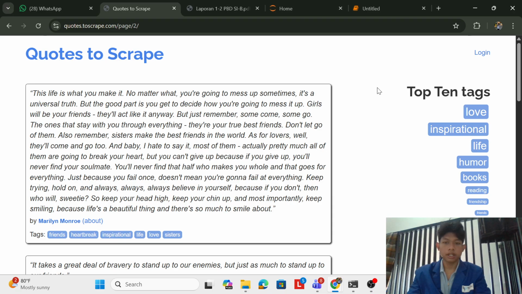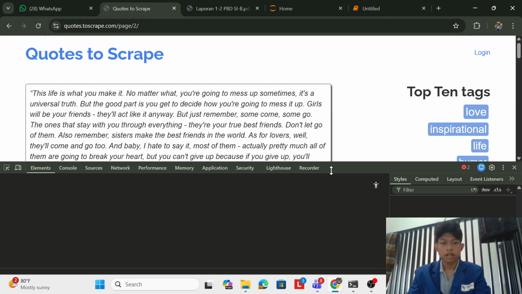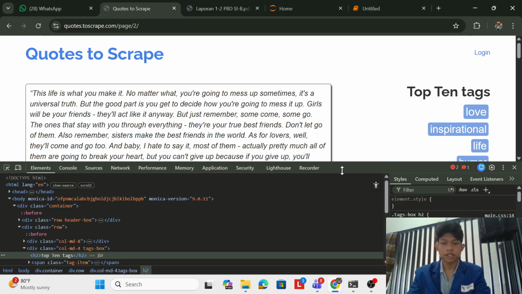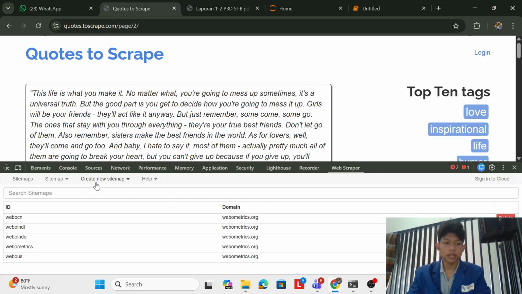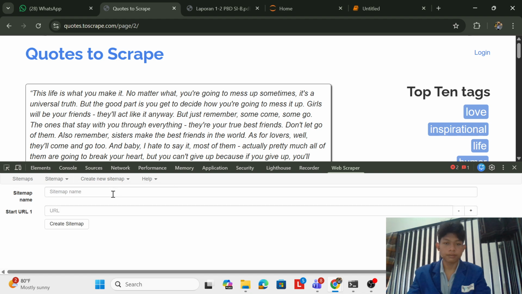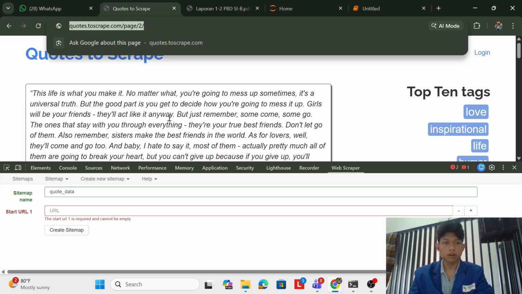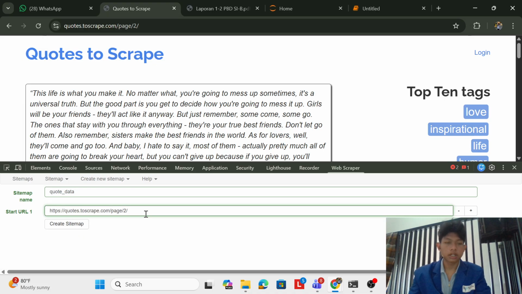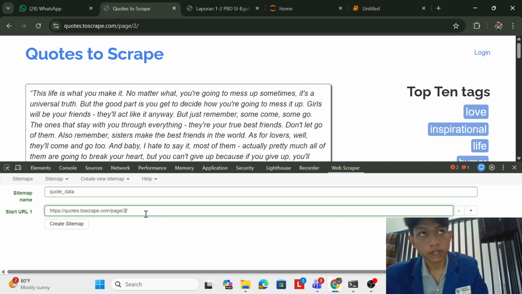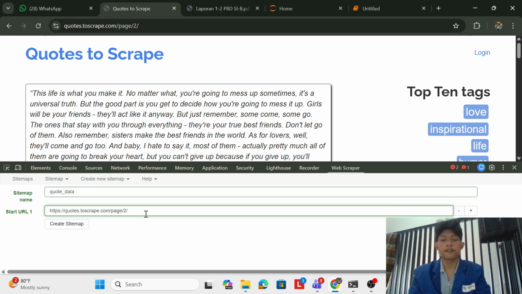The first step, I right-click and click inspect, and click the Web Scraper extension. The next step is to create a new sitemap. I will name it quote data. And the URL is the URL from the quotes site to scrape, copy and paste. Because I scrape pages 1 to 5,